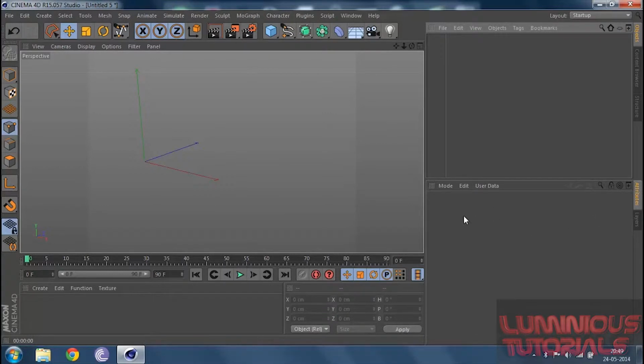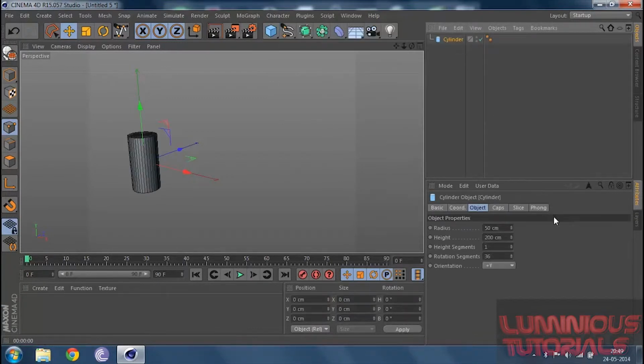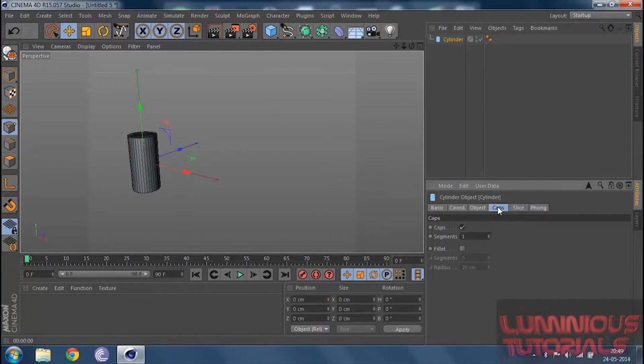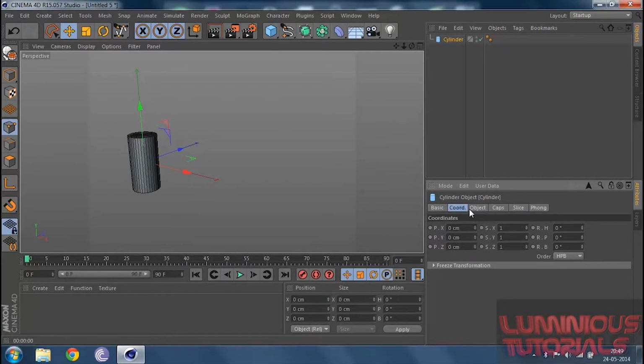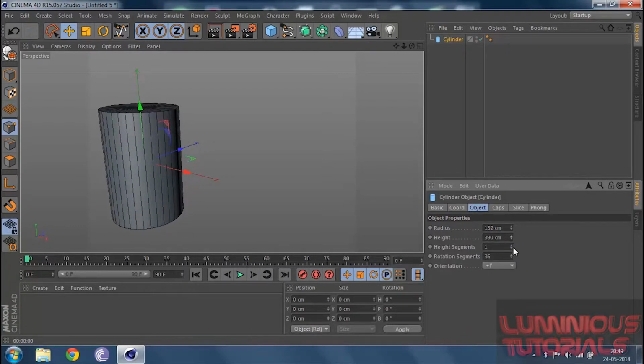You've got something called the attribute manager or the property manager. So if I add in a cone, for example, or a cylinder maybe, I get some properties of the cylinder that I can edit anytime. Like I've got the radius, I can increase the radius of my cylinder. I could increase the height of it. And you see I can also increase the height segments and rotational segments like this. So it divides my cylinder into many segments now.